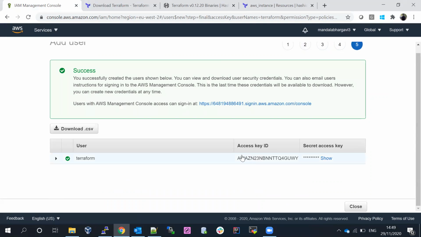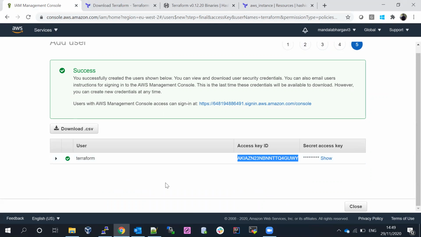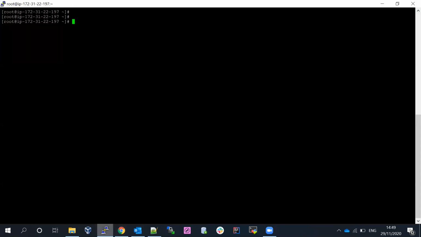If I create the user, I'll get an access key and secret key. So, secret key and access key. You can even download them locally. Let's go ahead and configure here. There are two ways to configure the access key and secret key. One is we can set up a profile, or we can declare them manually also. How are we going to do it first? There are two. Let me go ahead and